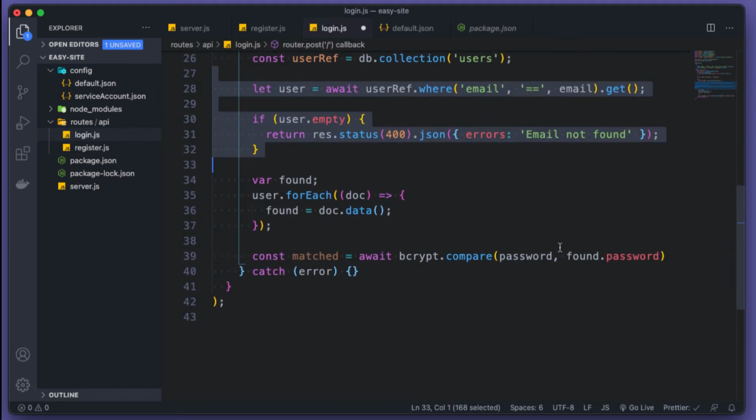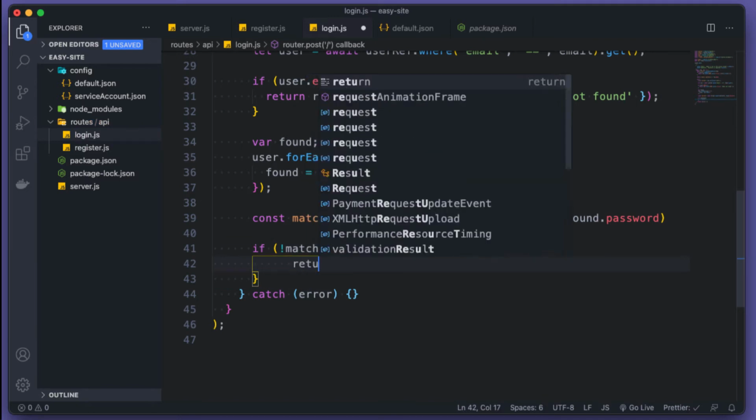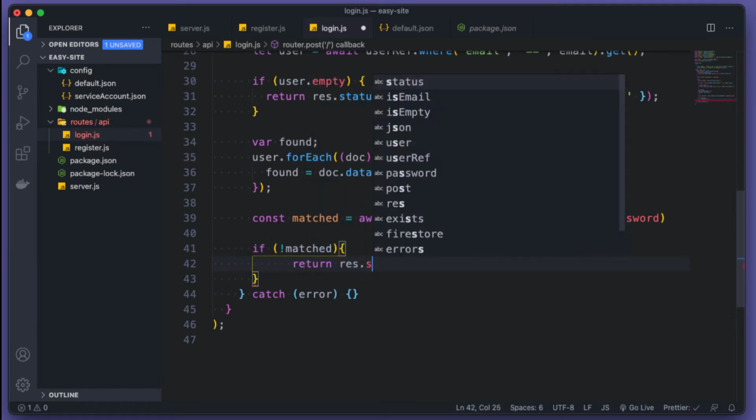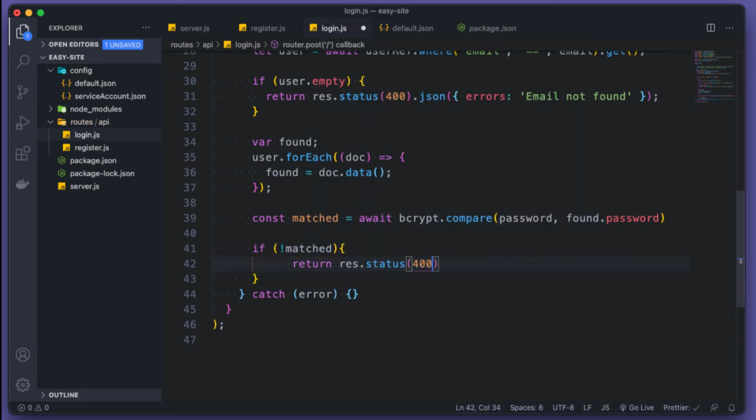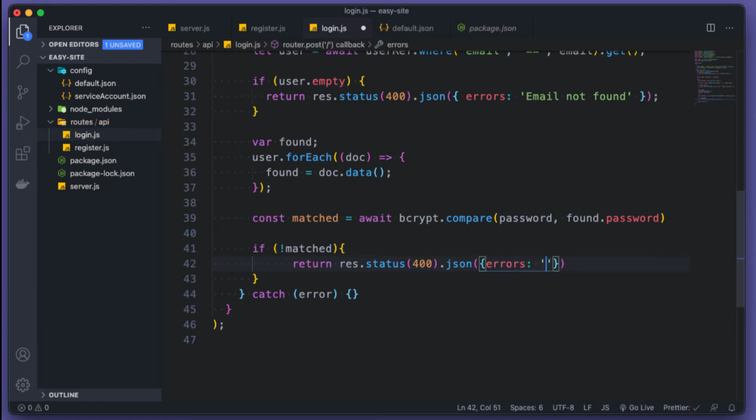If there is, we're gonna check if the password match, and then if it's not matched, okay, we're gonna return res.status 400 to the user, telling them invalid password. Okay,